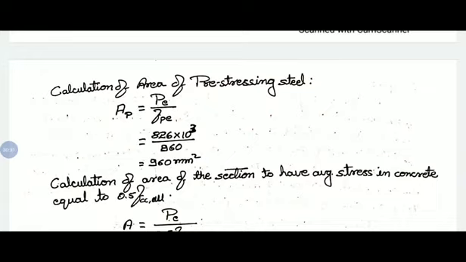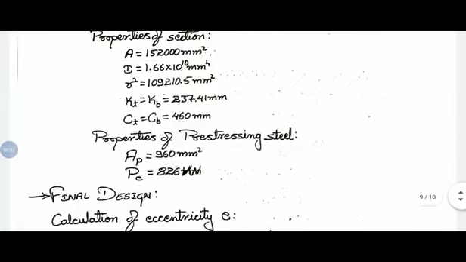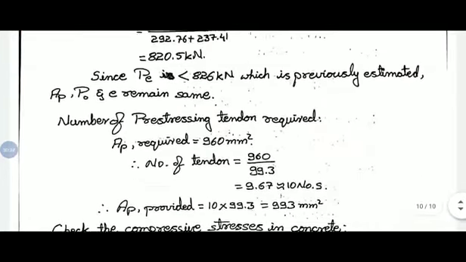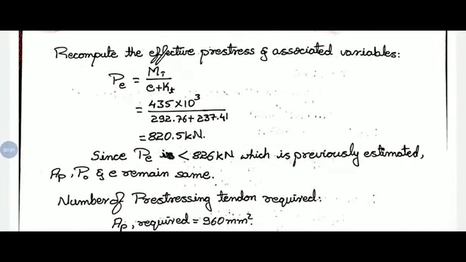Here PE by FPE is given. So in this case we need to consider the new effective pre-stressing force value that we have calculated here. For example, if we got this as around 830, then to calculate AP we need to consider 830 by FPE value again. Then again for that we need to find out the initial pre-stress, and the new eccentricity. Since we have less than 826, we can keep the same area of steel, initial pre-stress